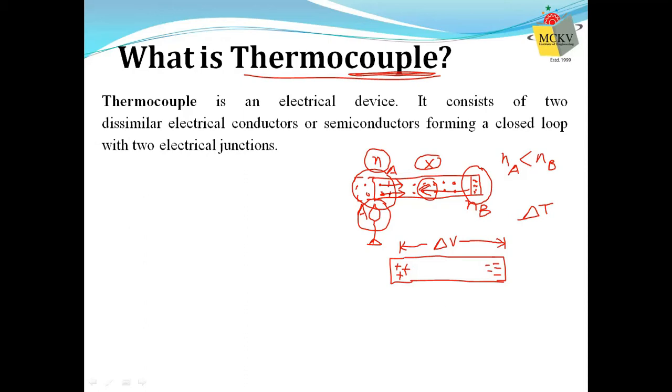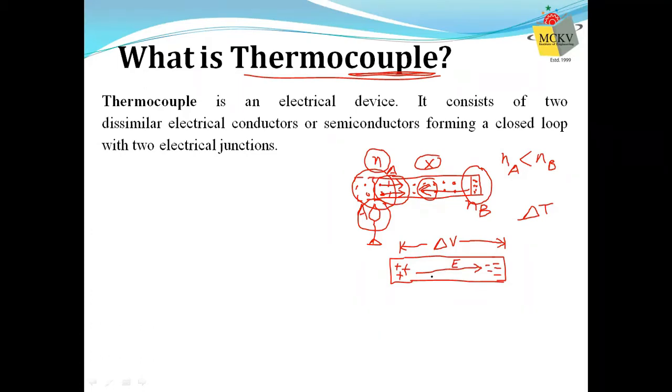And it is because the electrons at the hotter end have a high value of kinetic energy, so they will move towards the cooler end. Though there will be diffusion due to the concentration gradient, this drift will surpass the diffusion, and you can see there is an electric field E created inside. And whenever there is an electric field, there is a potential gradient. So a potential gradient is created.